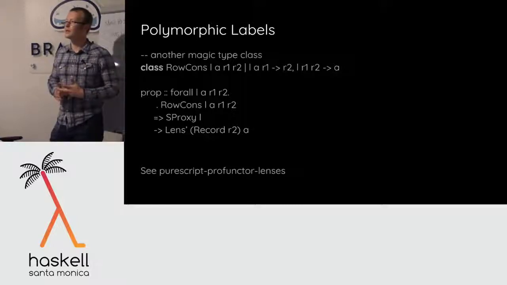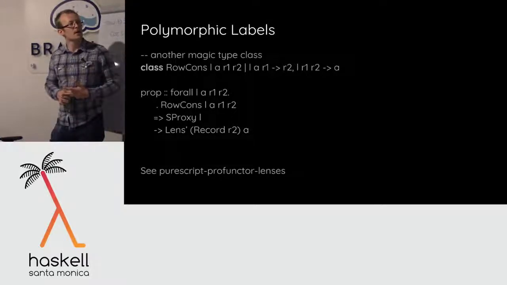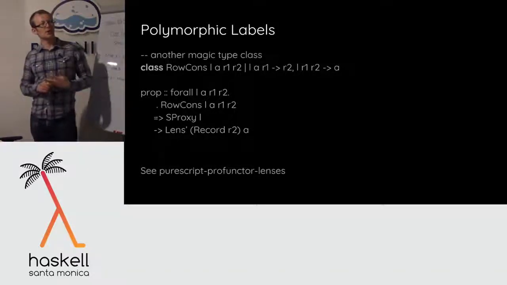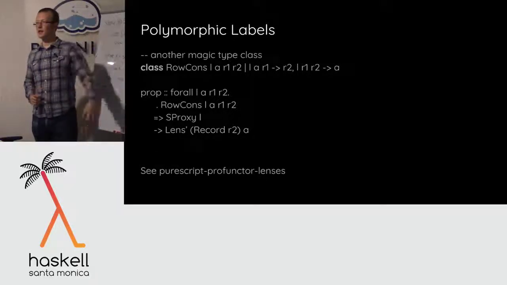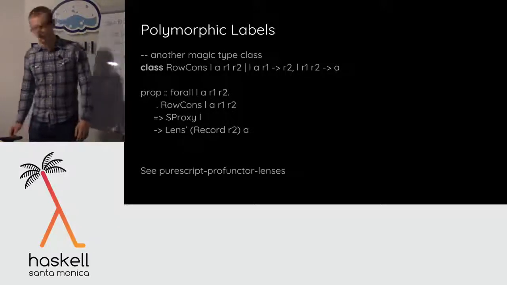Yeah, sorry. Given that ordering for constraint for duplicate labels, do you actually need R1 in the second function dependency there? In the second one, R1. So that says if I know the label and I know the row and I know the output after I consed it on. Right. I think you only need to know the output because you've got the ordering of duplicate labels. That's correct. Yes. In fact, I could move R1 onto the right-hand side there, I think. It's almost certainly true that the compiler's right and I wrote it down wrong here.